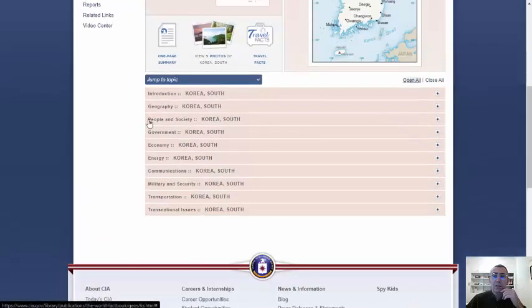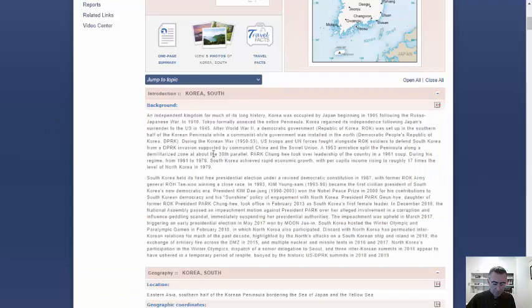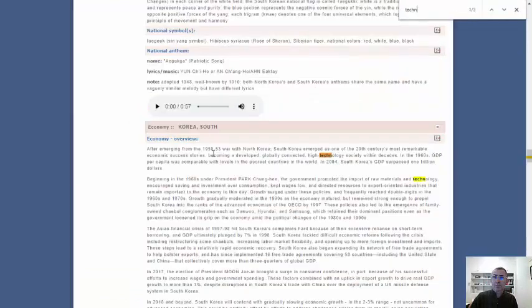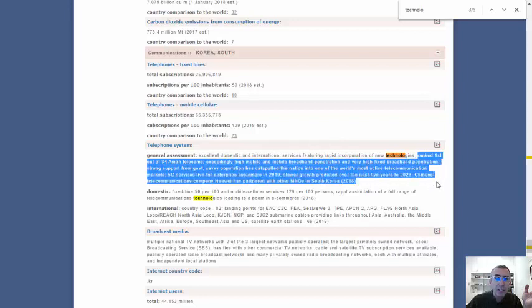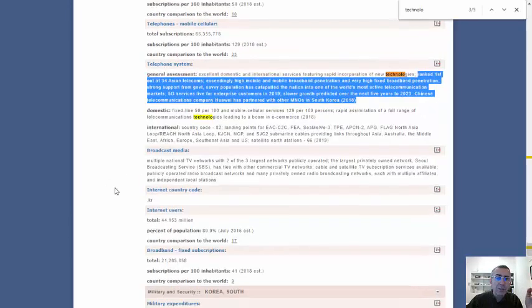And so in this particular case, let's see what we have for technology. There we go. Excellent domestic and international services featuring rapid incorporation of new technologies. Ranks first out of 34 Asian telecom. Exceedingly high mobile broadband penetration, very high fixed broadband. So again, what's fascinating when you look at South Korea for the telephone system and for broadband, South Korea is